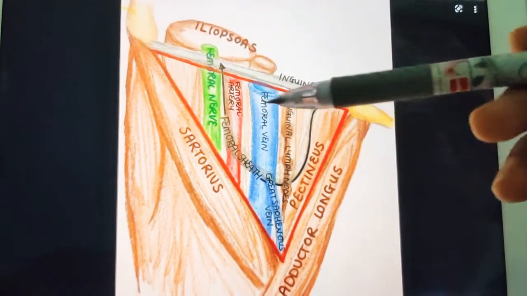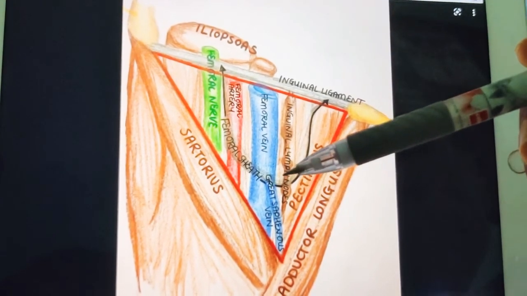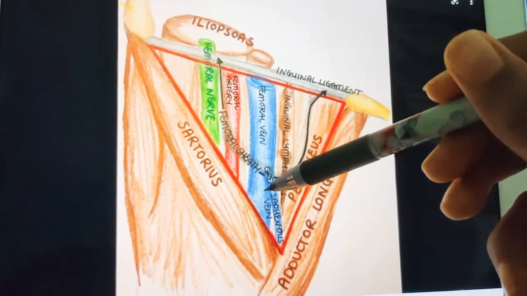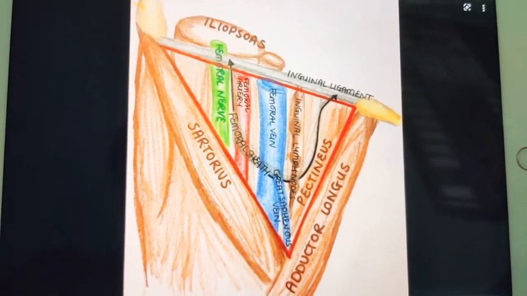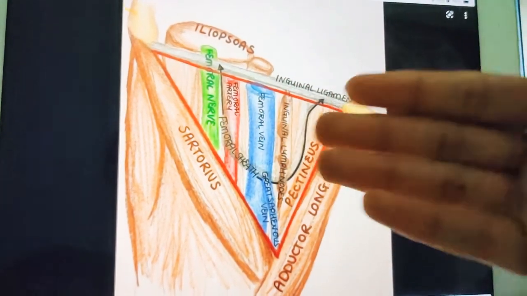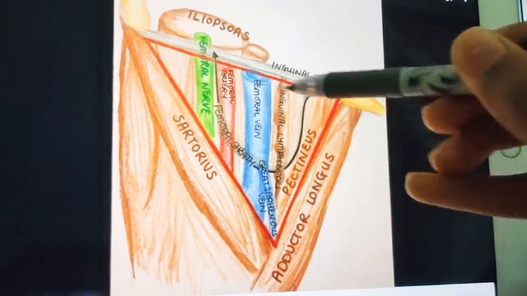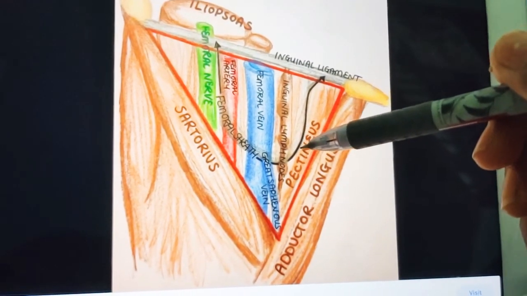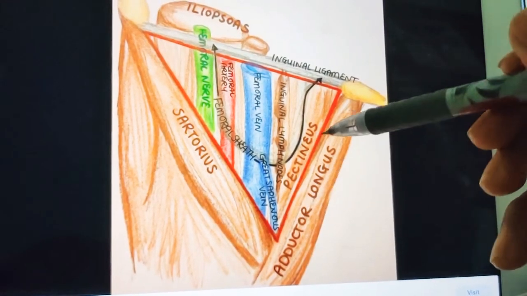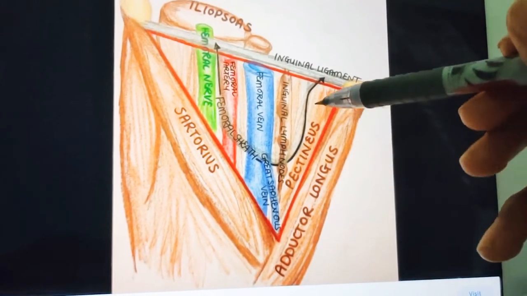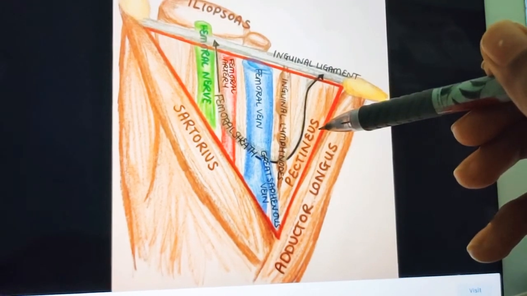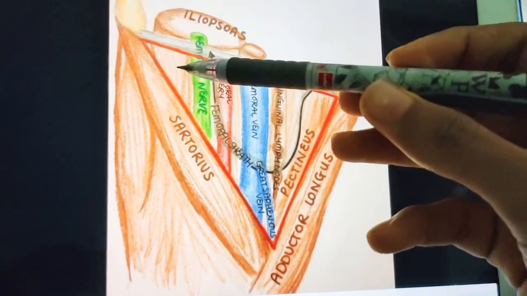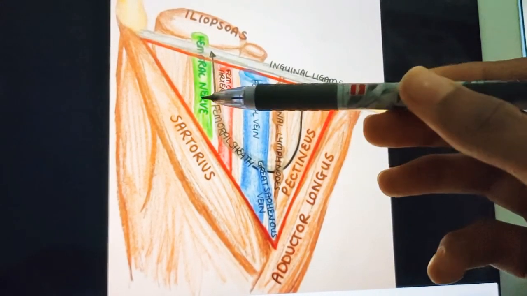So coming to the deep fascia, in the deep fascia you will find the saphenous opening. Of course, this point is called the saphenous opening, right? And the cribriform fascia around it, right? So all these structures are in the deep fascia. Now coming to the floor, all the structures you are seeing inside this triangle are in the floor. It's formed medially by adductor longus and also by the pectineus muscle. You can see this one is pectineus, and laterally it is formed by the iliacus muscle. So laterally, here you will find the iliacus muscle, right?